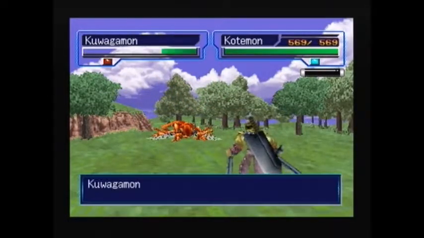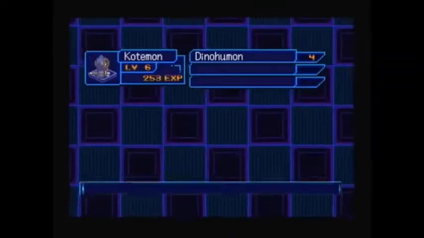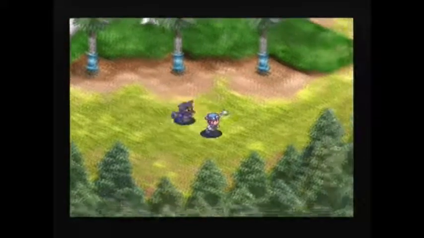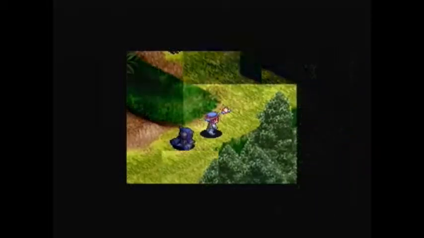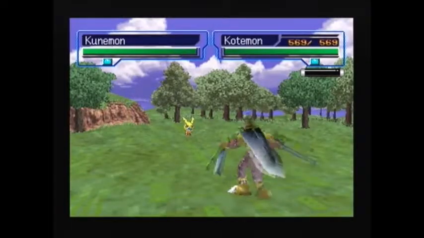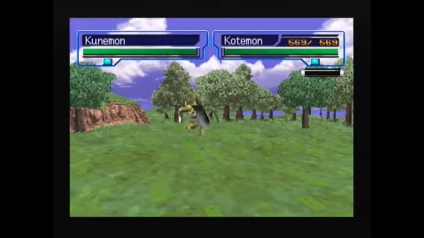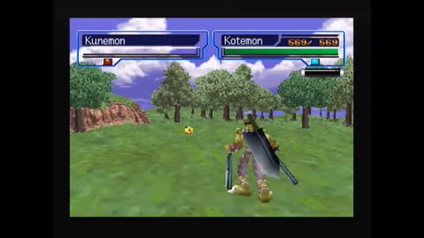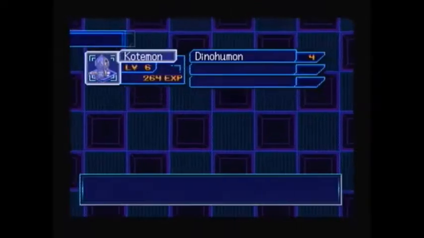The spider web is an item that sometimes gets dropped from a random encounter, and the Digimon that I need is at the Protocol Forest. And I will go there,